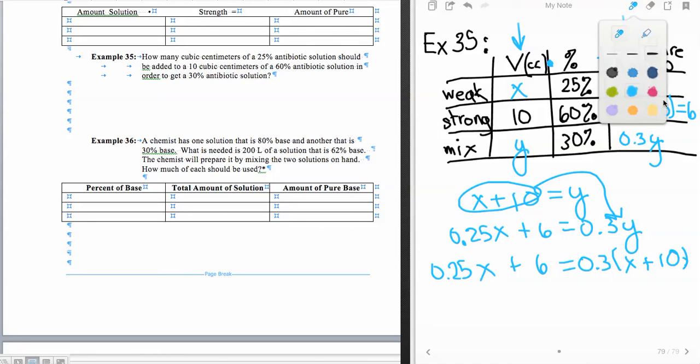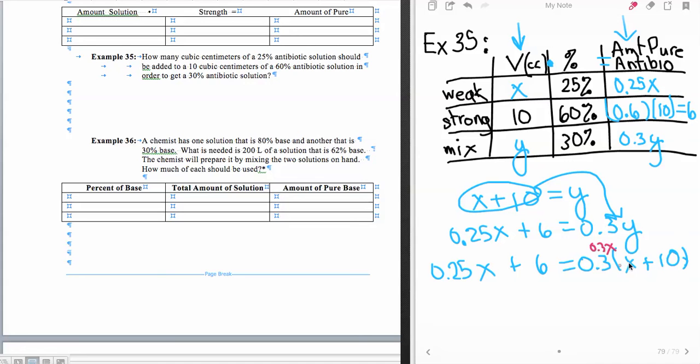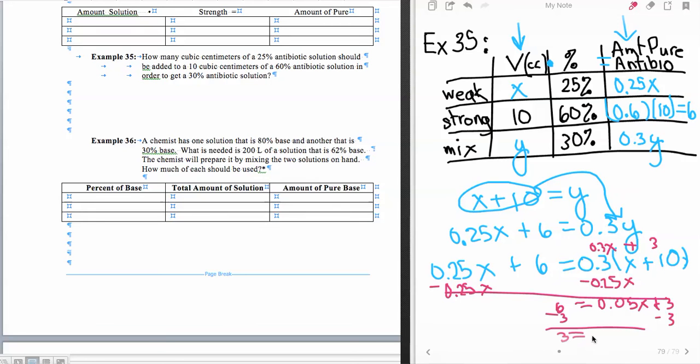So solving this now, I'm going to change colors. So let's go ahead and distribute here. So we have 0.3x, and then we have 3.0 with one decimal, so 3 there. So that's our simplification. Now we'll bring our variables together on the right-hand side. That's where they're actually larger. So I'll do that. And that's going to give us that 6 is equal to 0.05x plus 3. And then we have minus 3 here and minus 3 here. So now we have 3 is equal to